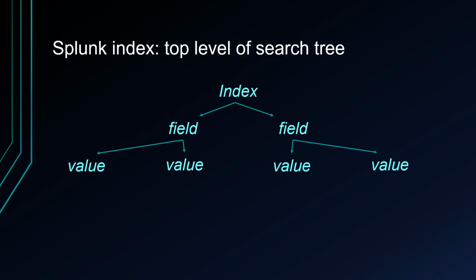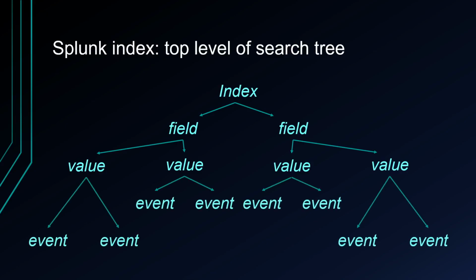So in the case of IP addresses, you might have a field called IP_addresses, and then underneath that it would list a lot of values like actual IP addresses that can be found within your network. And then the last level of the Splunk search tree are the actual events where these specific values can be found. Now this slide is a little bit messy,